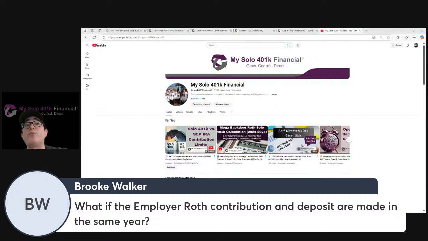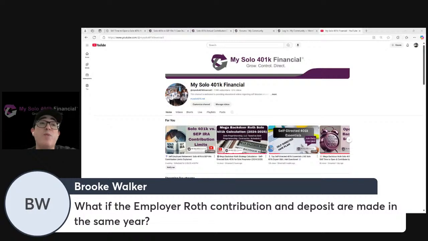They're going to need a multiple of the amount that they want to contribute as self-employment income to justify the contribution. Whereas the voluntary after-tax contribution limit is 100% of self-employment compensation. So for example, if you're under 50, as long as you have at least 70,000 of self-employment income for 2025, that individual can contribute 70,000 as an after-tax, right? Whereas if they're trying to make it as an employer Roth, it's just going to be a percentage of that income. So you're going to be able to more easily and more quickly hit your contribution goal.